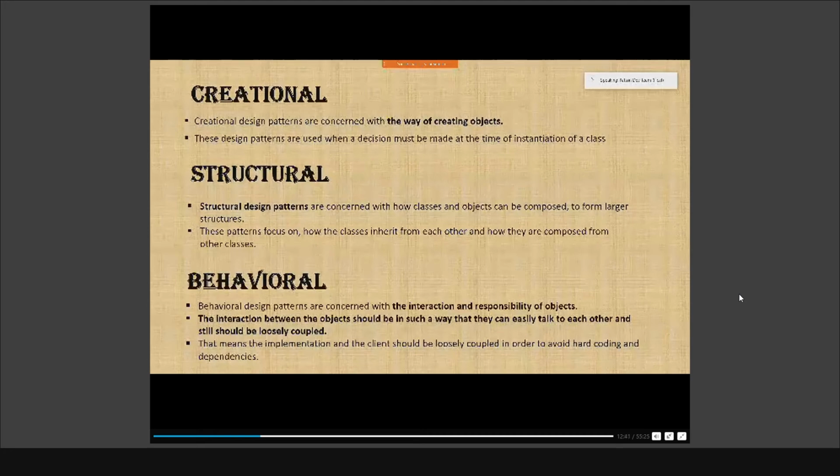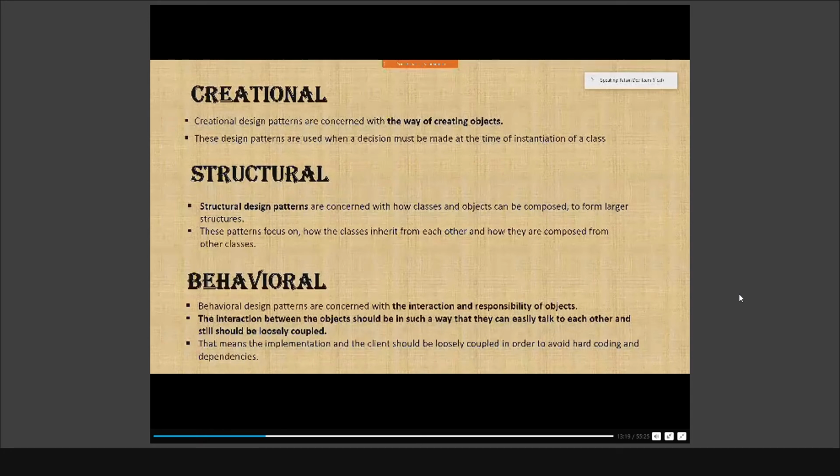Maybe Rohan is a friend of mine, and I'm integrated to Rohan. So if I'm asking, I need an object to get created from Rohan, fine. But without my knowledge, Rohan is using Aravind to create his own object. Aravind may be a friend of Rohan, but I don't know who Aravind is. For some business or implementation reason, Rohan is getting help, or he is having Aravind as backup, to create an object for him. In that way, how you are taking a decision in the creation of objects, all those kinds of design patterns come